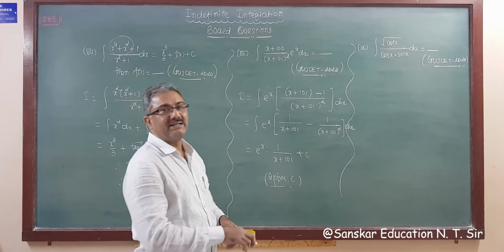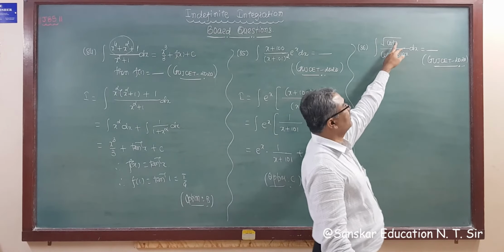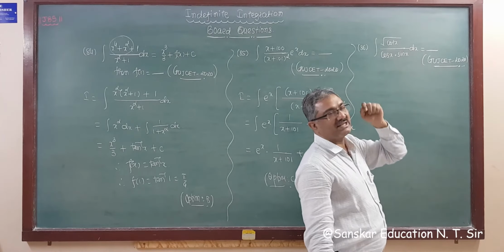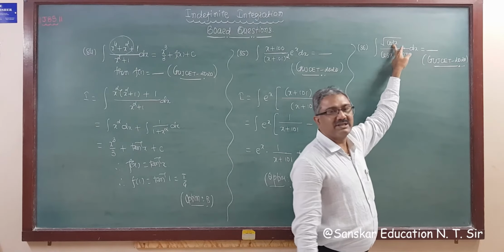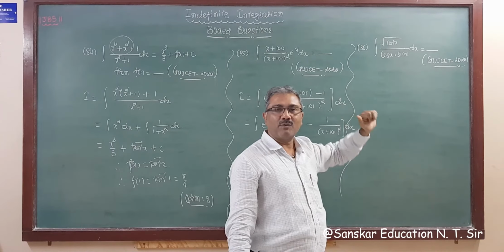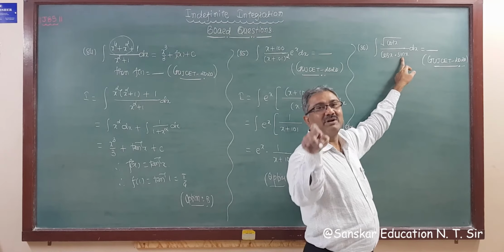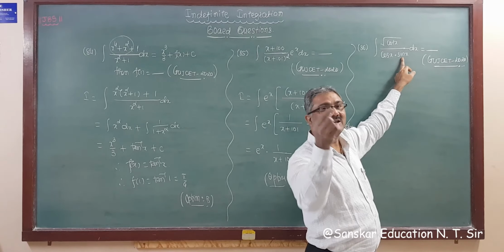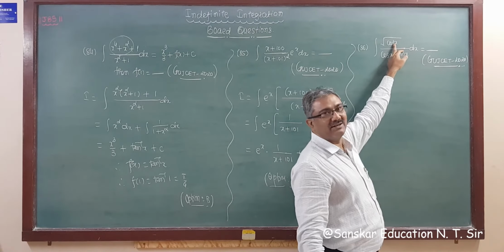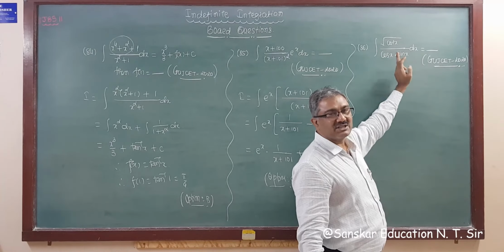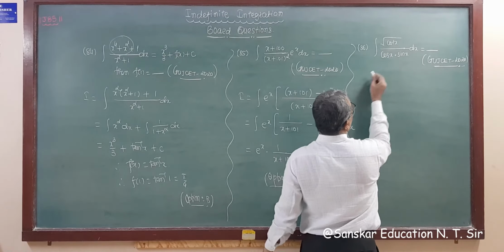And we did this type of question for cot. Instead of cot, tan, root tan x upon sin x into cos x. Now if we assume this as t square, then the derivative of cot is cosec, so we require 1 upon sin square. So divide and multiply by sin. In that we divide and multiply by cos because there is a tan. The derivative of tan is sec square, so we need sec square. Here we need cosec, so we need sin. So divide and multiply by sin.